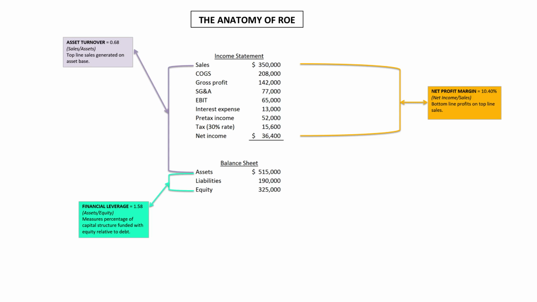Now the amplifier. How much risk is management willing and able to assume? That's our degree of financial leverage. You could take your asset, divide it by your equity. By the way, don't forget that 1.58 can be calculated in one of two ways. Asset divided by your equity, or 1 plus your debt divided by your equity. So just humor me for a second. If we took our liabilities of 190, divided it by our equity of 325, we get 0.58. 1 plus 0.58, same result, different format.